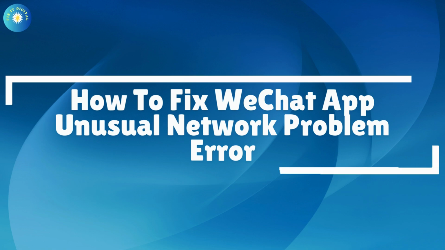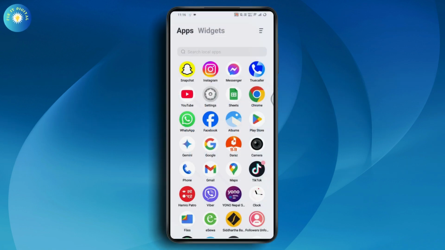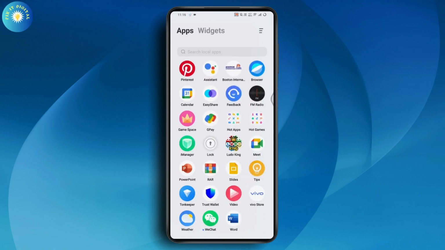How to fix WeChat app unusual network problem error. So if you want to fix WeChat app unusual network problem error, then what you need to do is first